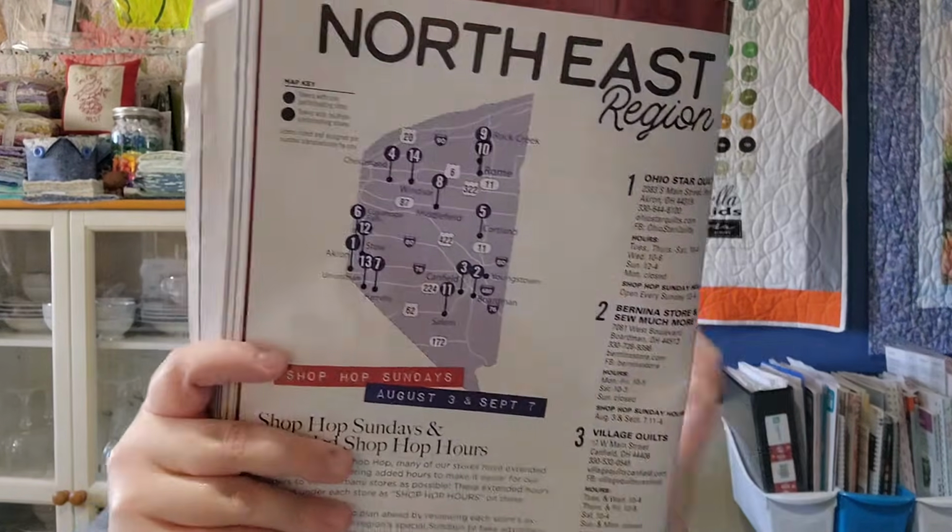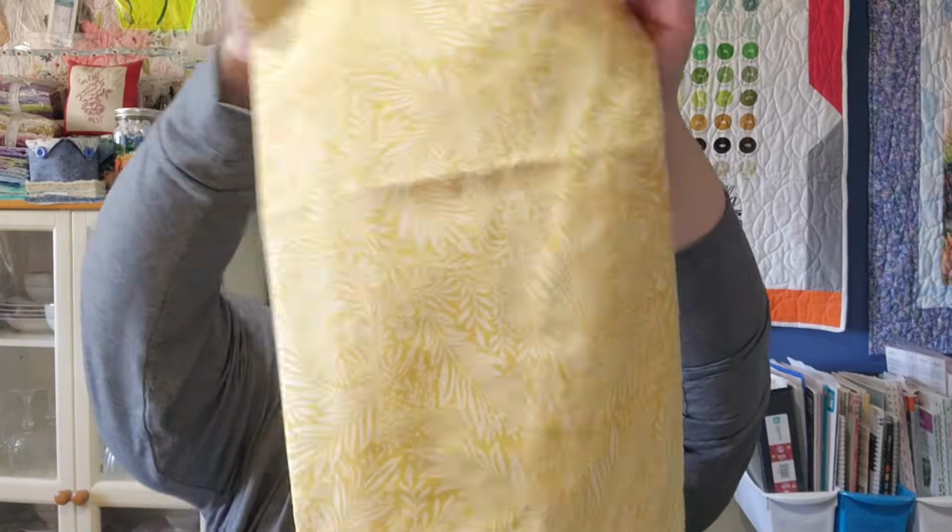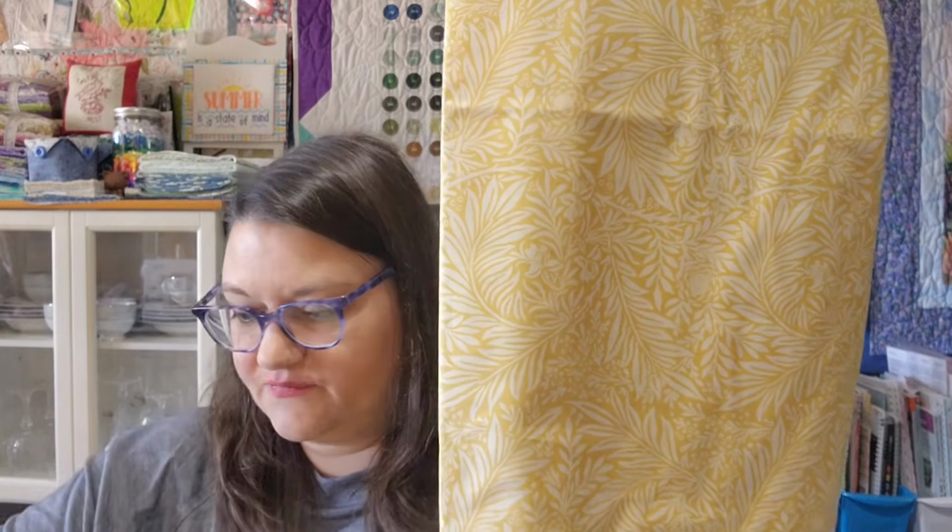So now we're coming down here. Well, let me get that. So this is their block card that they hand out. Now I haven't done anything with those block cards, but I'm going to try and do something because I really like those block cards. And I hit the clearance section for $5.49 a yard. So I got this yellow. I think these were all Andovers that I got. All I'm seeing is Andover. So I don't know the line. It just said Andover on it. So I got that. And something that I thought would coordinate with it